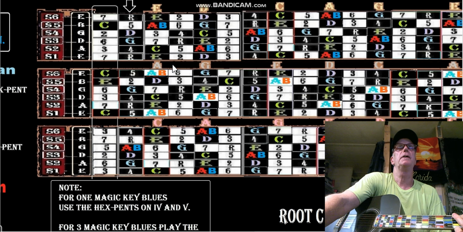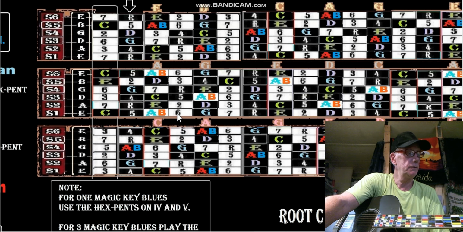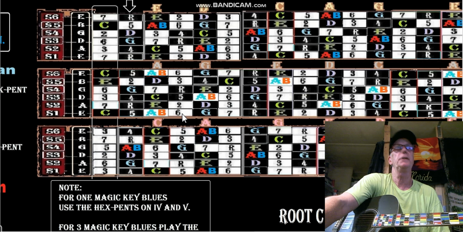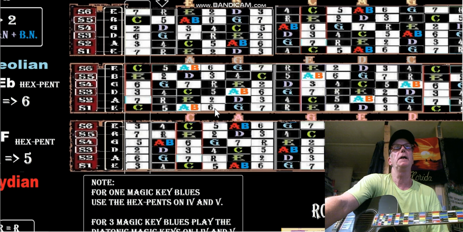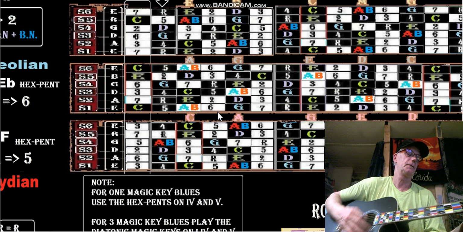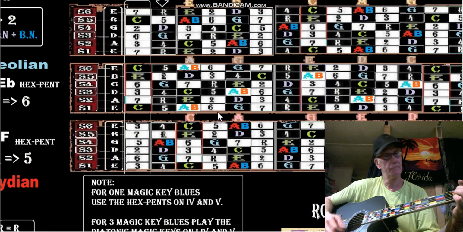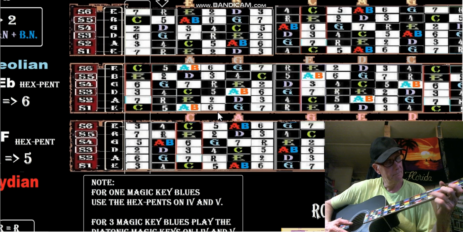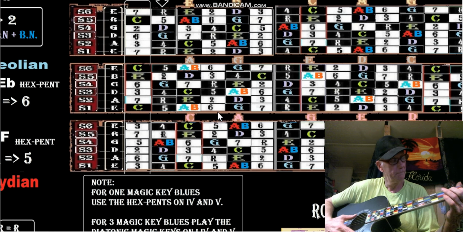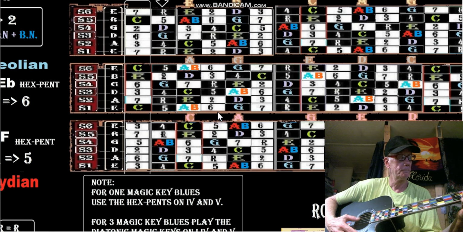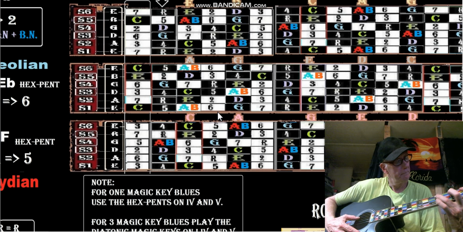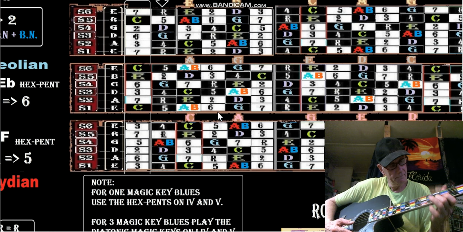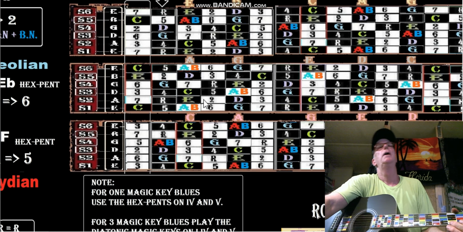Remember, this is the root right here, which was originally the 2. If we want to get some blues notes, we better play Aeolian. So we're going like this. There's your 4th. Then going to the 5th, we're